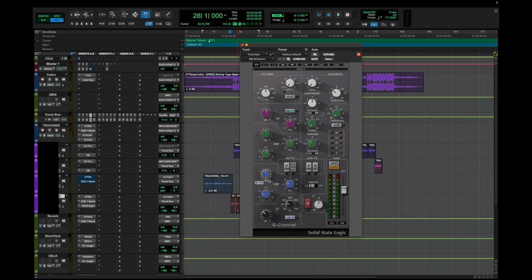So taking out 500 to 600 always gives the vocal a lot more clarity, and you guys should definitely try that out. Also, I've taken about 5 dB out of the 60 hertz, as I just feel like that's where the rumbling is and all those unnecessary noises. That's just going to make the vocal a little bit cleaner from the bottom end. I've also done a filter at 120 hertz, so anything below 120 hertz is essentially just dropped.